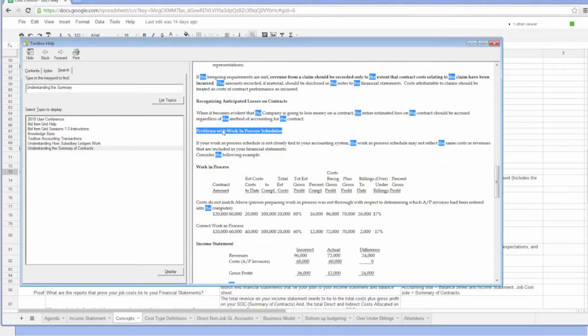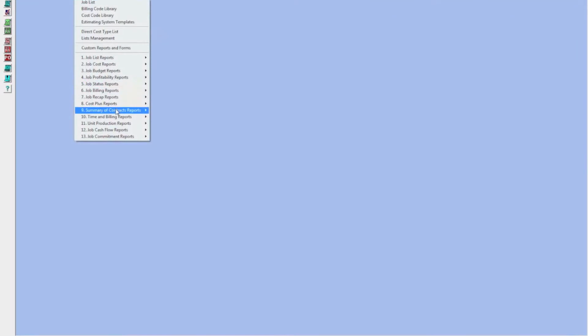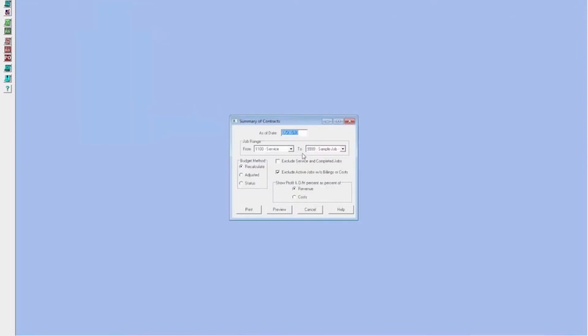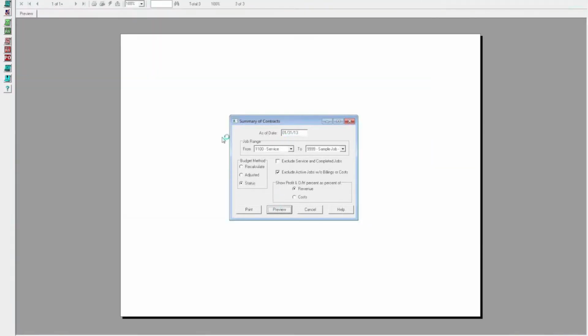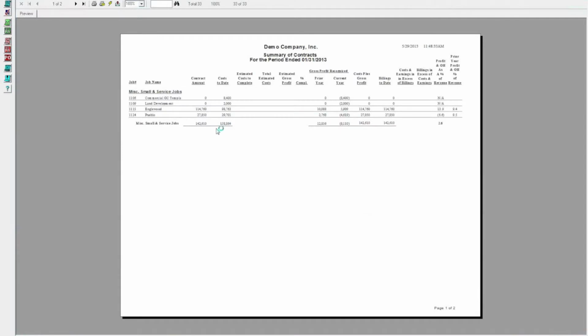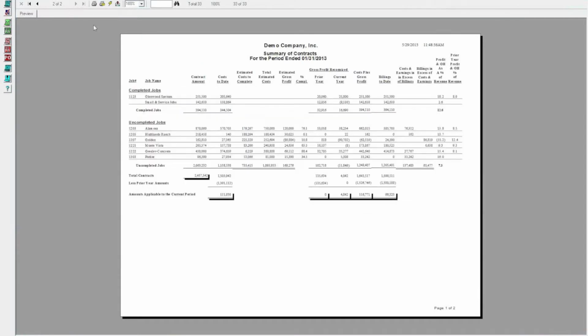So there's the concept of a work in process schedule, where we're just dealing with the summary of uncompleted contracts. If we come over here to the summary of contracts and we print it, the difference between a work in process schedule, sometimes called a bonding report, or just a summary of uncompleted jobs, is that you're just getting the summary, the uncompleted job section. Okay, so when you get the completed job section and the uncompleted job section, then you're able to tie into